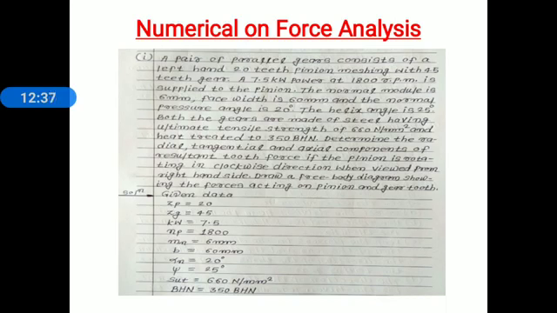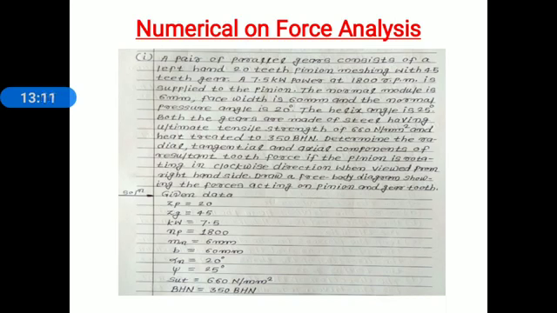After collecting the given data, when we solve a problem on spur or helical gear, the first step is to decide the weaker between pinion and gear. We already discussed in spur gear how to decide the weaker. If both materials are the same, the pinion should be weaker. That is the first case. Second case, if the materials for pinion and gear are different, we find the product of bending stress and Lewis form factor for pinion and gear, and the lesser value is treated as weaker. These are the two cases for deciding the weaker.